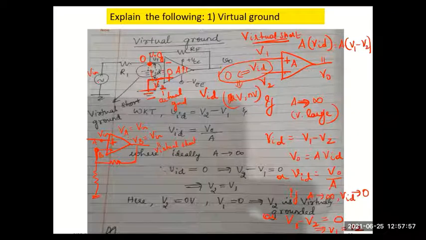The input is given to the inverting terminal through this resistance. This V in is given to the inverting terminal through a resistance R1. So I don't know what exactly is the voltage at this terminal. I can find that voltage: a part of V in drops across R1 and whatever is left will be available here. This voltage will be 0.